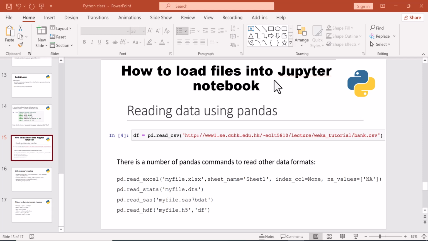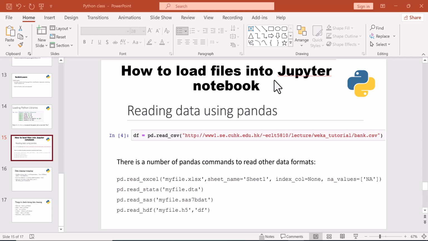Now, last class we considered Python libraries that you can use in Python, such as numpy and pandas, and we're able to carry out certain functions. If you have not considered that class, you can do well to check. Okay. In today's class, we will be moving on to look at how to load your files into your